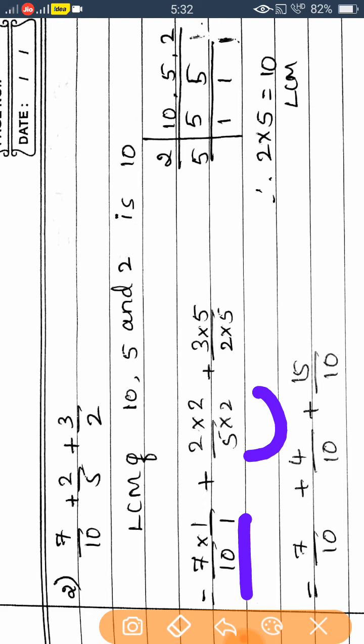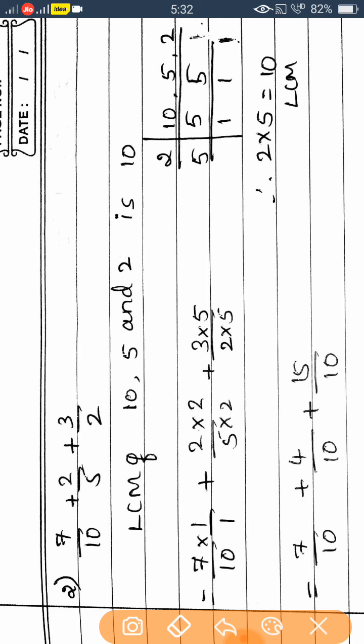5 2s means 2, we have to multiply with the denominator. Then the numerator also we have to multiply by 2. Then 2 we have to convert to 10, because 2 5s are 10. So multiply the numerator and denominator by 10 itself. Then it becomes an equivalent fraction or not, we can check.